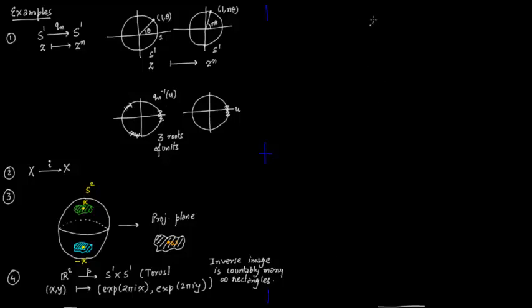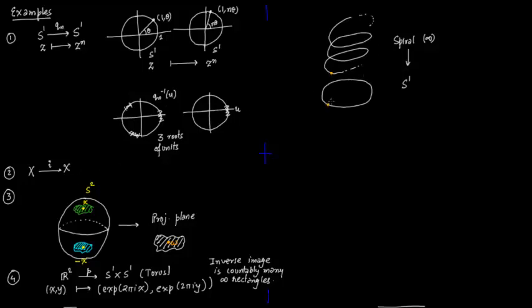So now another example. So say you have an infinite spiral. So this spiral is projecting down onto a circle. So basically you just take a point on the spiral and just map it down onto the circle. So this is a covering projection. Just take this point and map it down here. So project down to the circle.